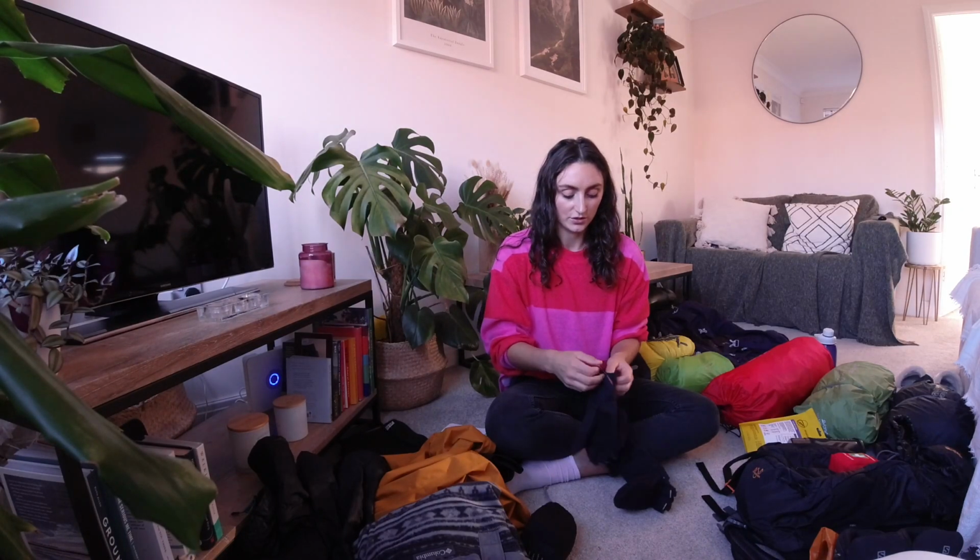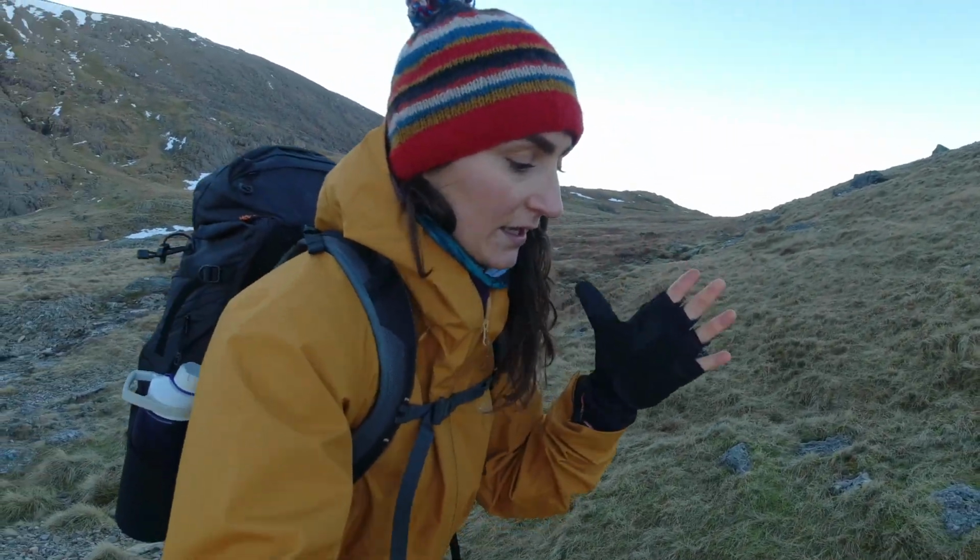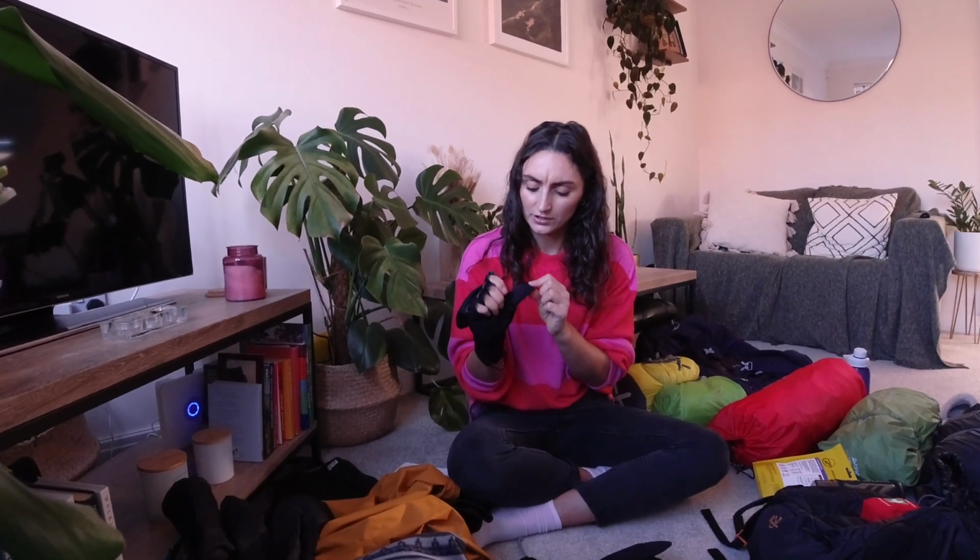And I'm a nightmare with taking photos and videos, so my fingers get really cold. And what I love about these, you can just slip them on. Oh, wrong hand. And you can still use things. It's got the touch. Has it got the touch thing? Actually, I don't think it does have the touch thing. Tell a lie. But you can just whip that off, and then you can still use your phone or your